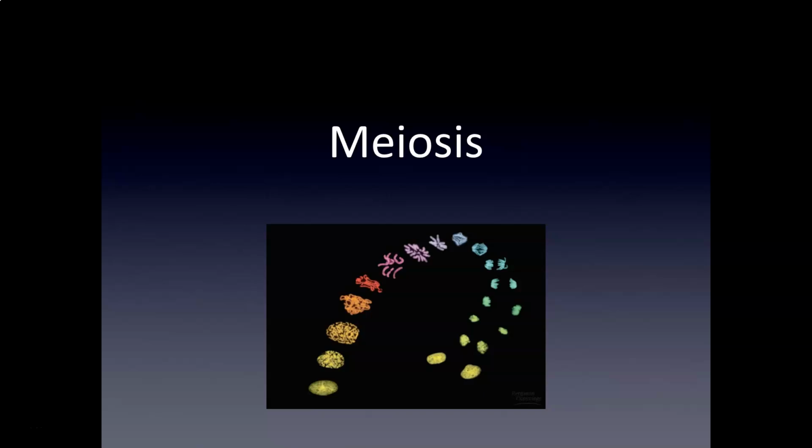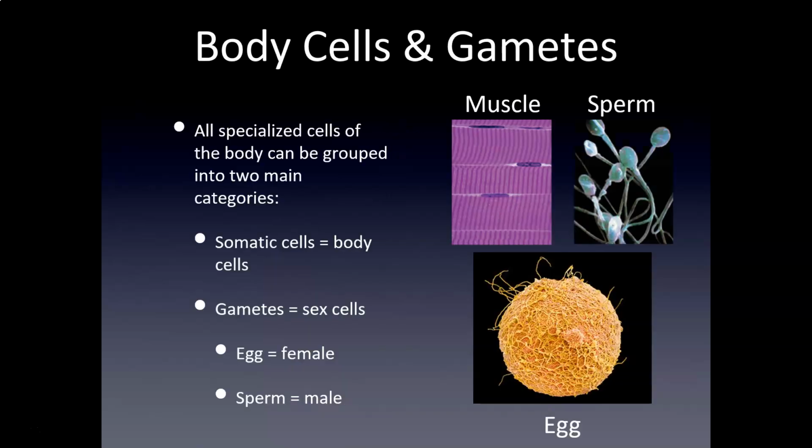When we look at sexually reproducing organisms like us as humans, we are now going to join two cells to ultimately become that offspring. And so we're not going to be able to use mitosis, because now I've got two cells coming together. We're going to need to create a subset of cells that allows for that union to occur during fertilization and doesn't end up exponentially causing our chromosome numbers to increase forever. And that's where meiosis is going to come in.